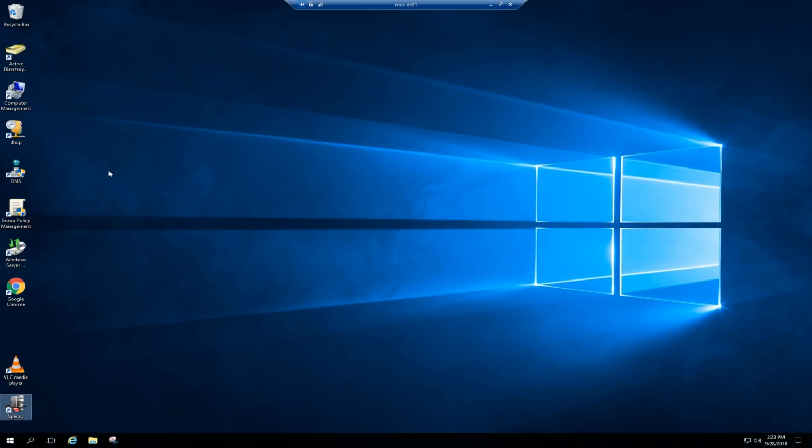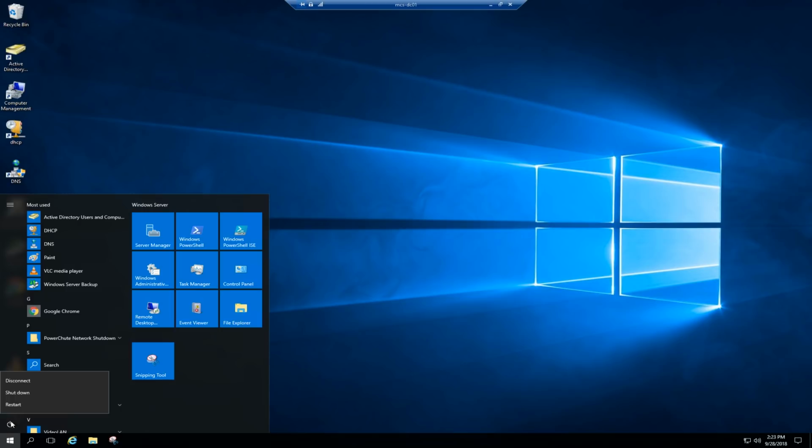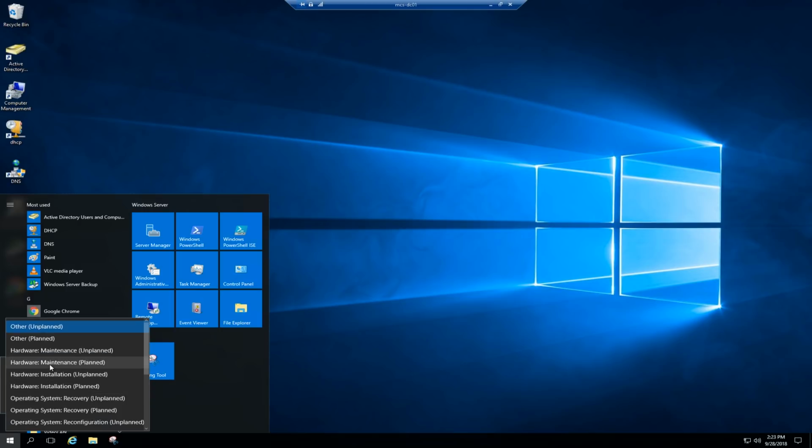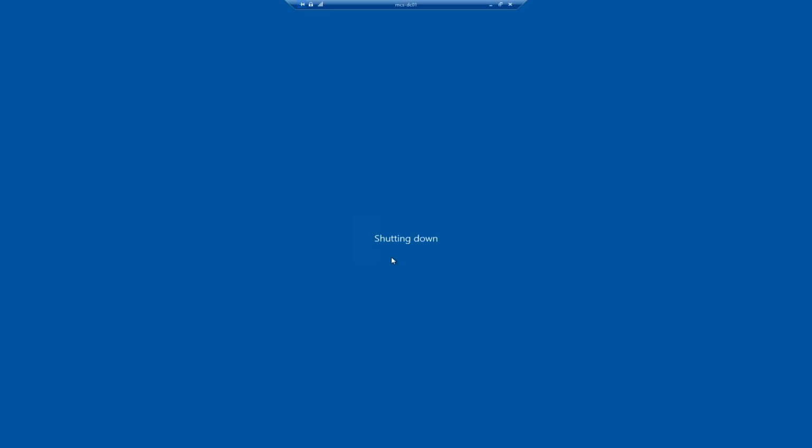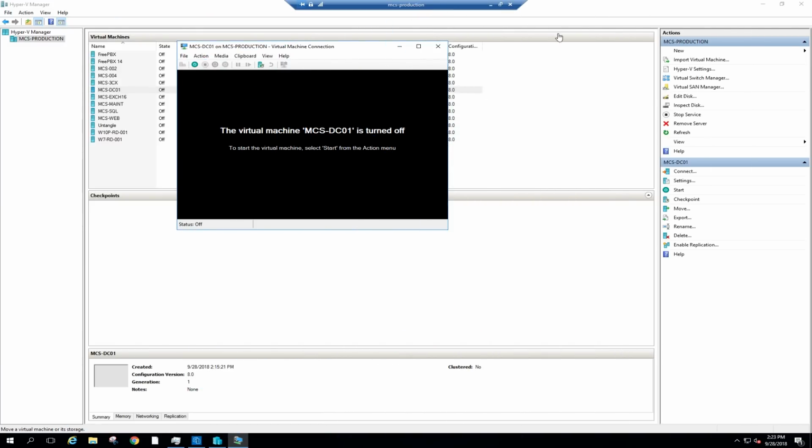Now we're going to shut this domain controller down, and then we're going to bring the virtual domain controller up and add a network card to it. So just come over here, click on shut down, and we'll just tell it hardware maintenance and continue and let it shut down. Alright, so now the moment of truth. Our physical domain controller is shut down, so now we need to come back to our domain controller on our virtual machine